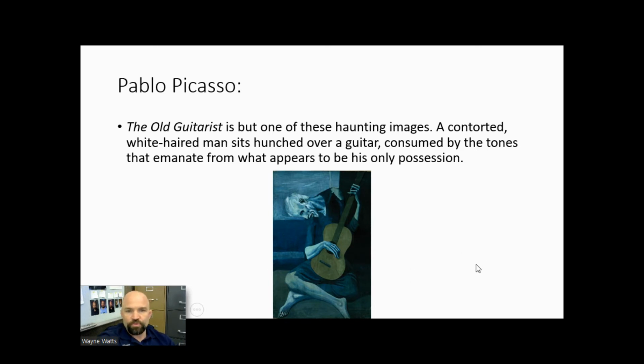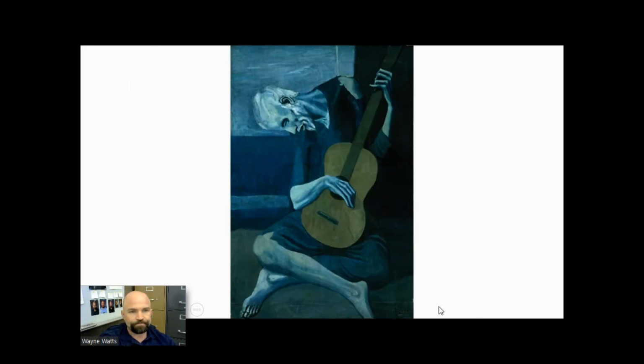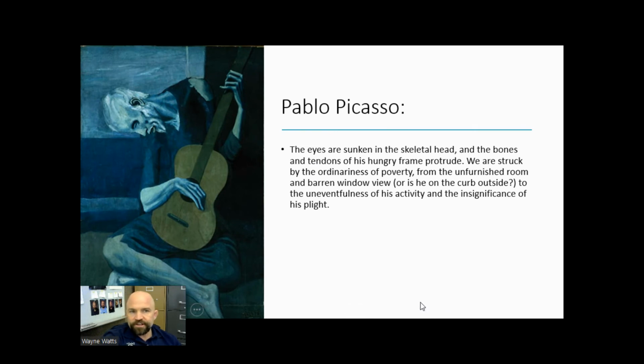A contorted, white-haired man sits hunched over a guitar, consumed by the tones that emanate from what appears to be his only possession, apart from maybe just this rag that he's wearing. The eyes are sunken into the skeletal head, and the bones and tendons of his hungry frame protrude. We are struck by the ordinariness of poverty from the unfurnished room and the barren window view,